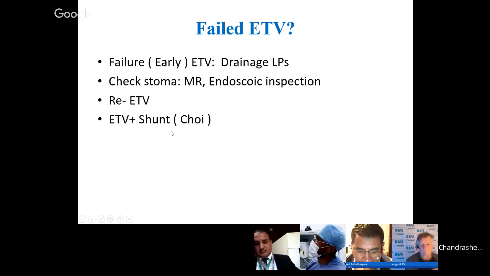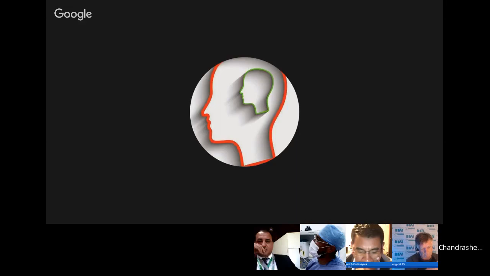Korean group has shown that ETV plus shunt in very young patients might work well in synergy. Long-term results, as shown by the people from HSC Toronto, show that though the initial cost may be a little higher for a third ventriculostomy, which is actually not true in the developing world, because most of the cost is of consumables, over a period of about 5 years they even out. The main reason being repeated shunt revisions probably take a big toll on the finances of these patients.